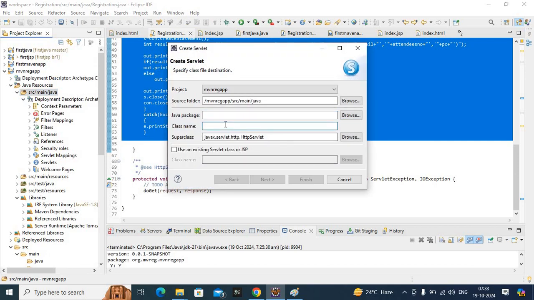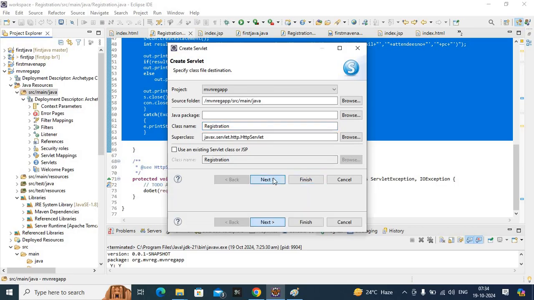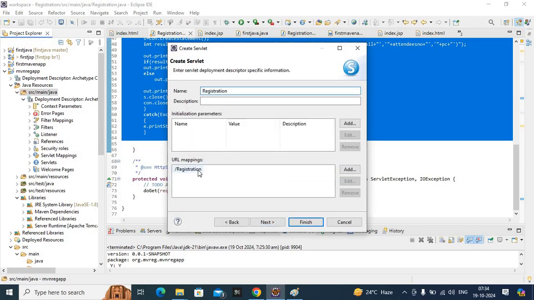Press the button and give the class name as registration. Press next. So in the URL mapping,